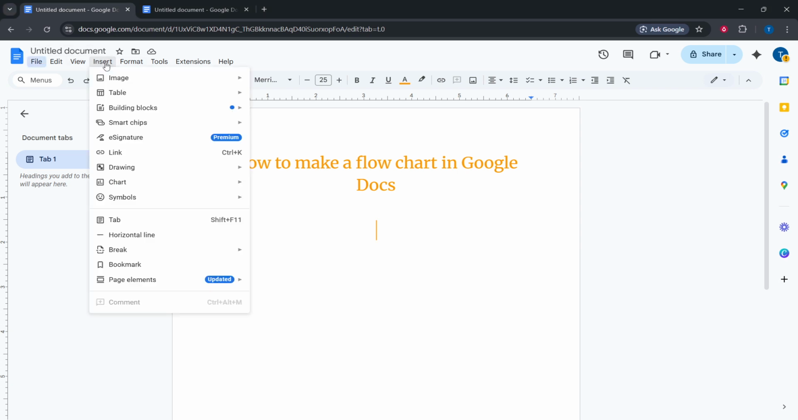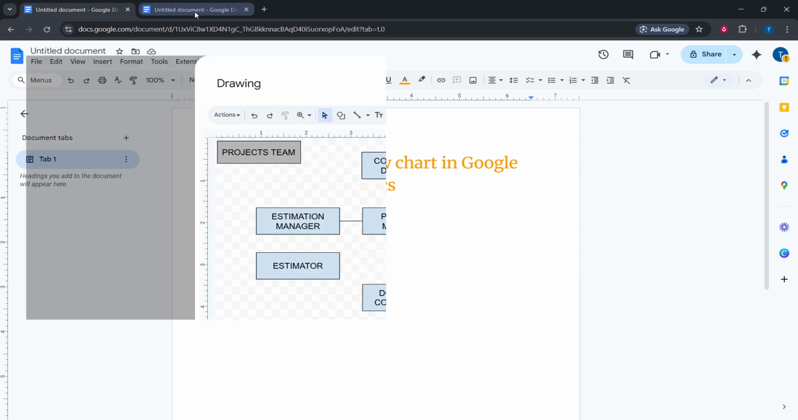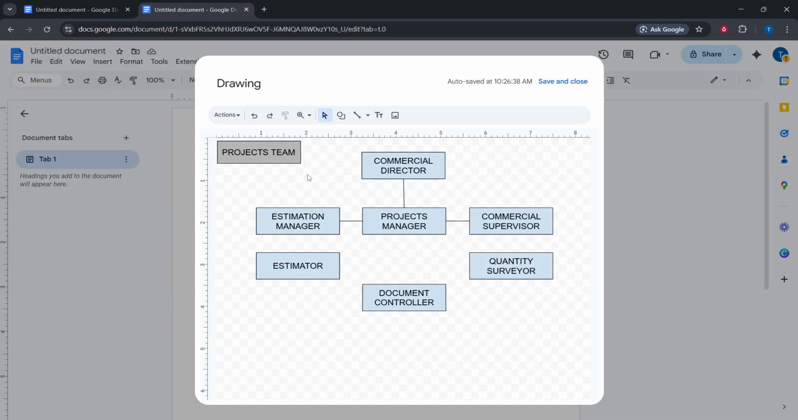Start with your document open, then go to the top menu and choose Insert, then Drawing and New. This opens the drawing canvas, which is where you'll build the flowchart before placing it back into your document. Think of it as a mini design space, separate from your text, that keeps your chart neat and easy to